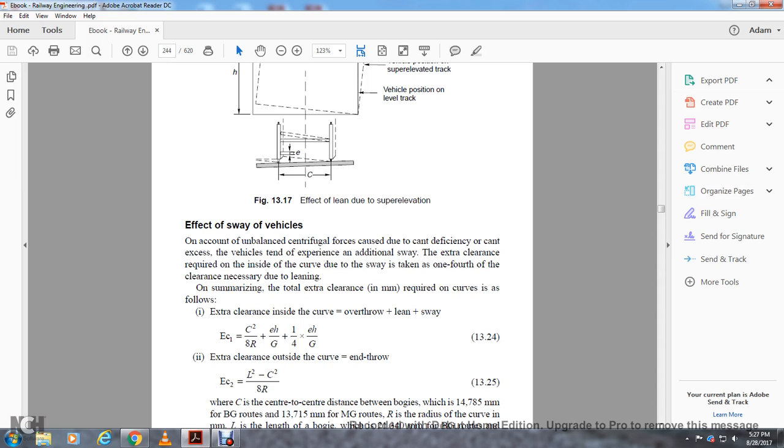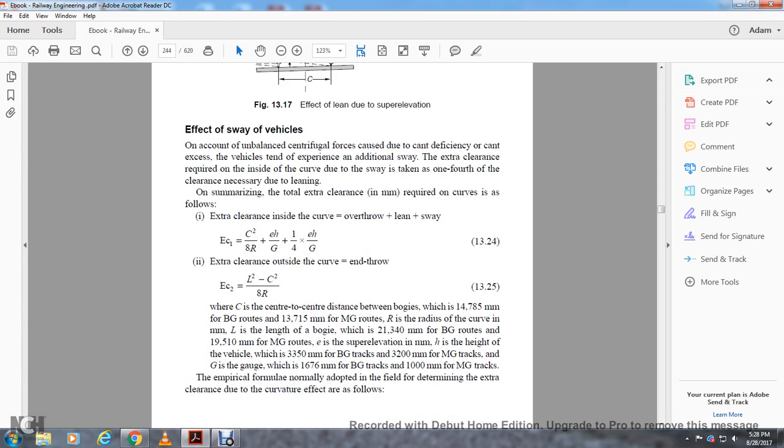Extra clearance inside the curve is equal to overthrow plus lean plus sway, or EC1 equals C squared over 8R plus EH over G plus 1/4 times EH over G. Extra clearance outside of the curve is end throw. Where C is the center-to-center distance between the bogies, 14,785 millimeters for broad gauge routes and 13,715 millimeters for meter gauge. R is the radius of the curve in millimeters, and L is the length of the bogie, which is 24,340 millimeters for the broad gauge route,